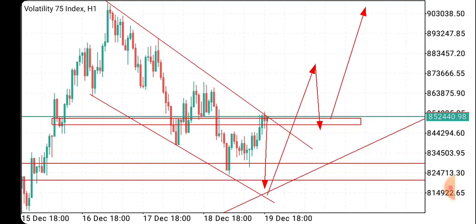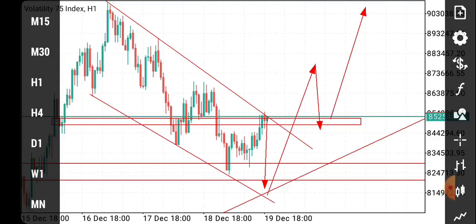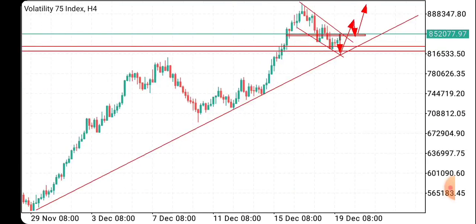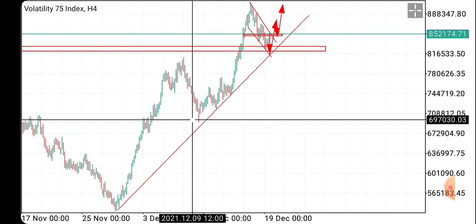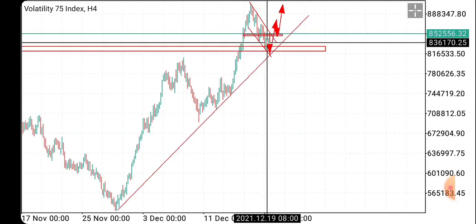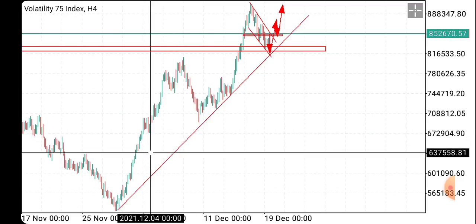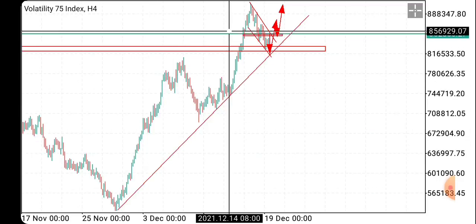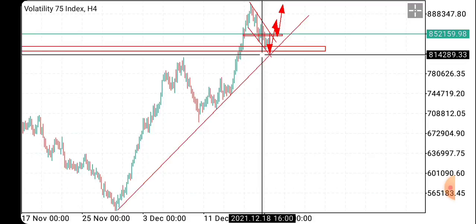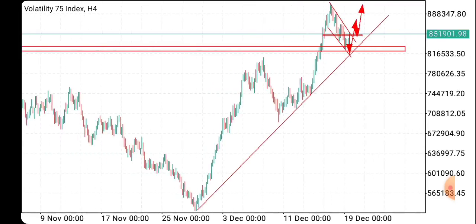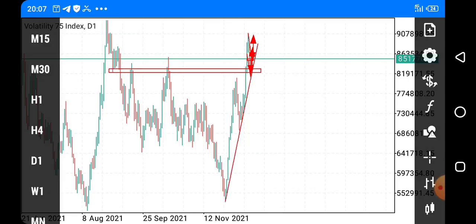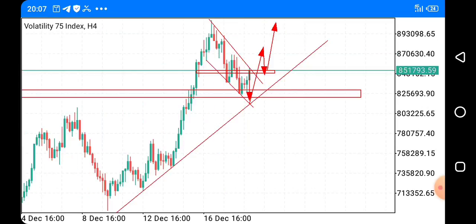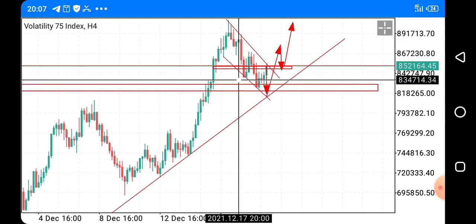Now let's take a recap. In this strategy, we started by identifying the trend of the market. All right, we went to a higher time frame. We identified the trend of the market, that it is in an uptrend. That was clear. And then we identified that the market is actually in a corrective phase. It is correcting. All right, after that, we were able to identify the demand zone, and we used our trend line to connect the troughs together, so that we should know how price is moving.